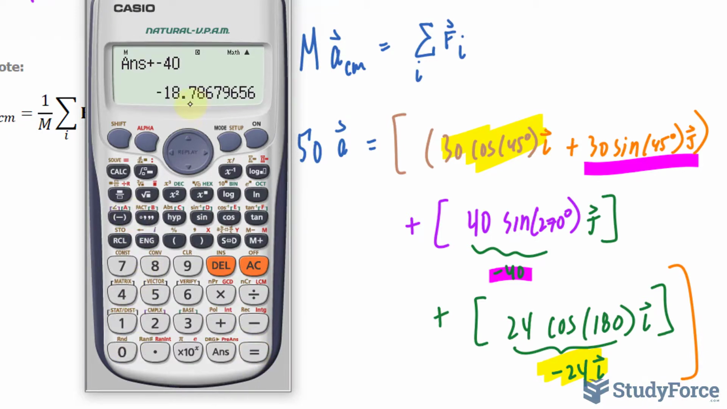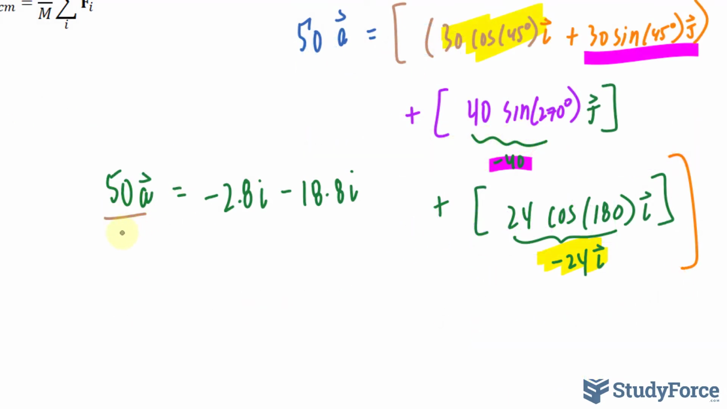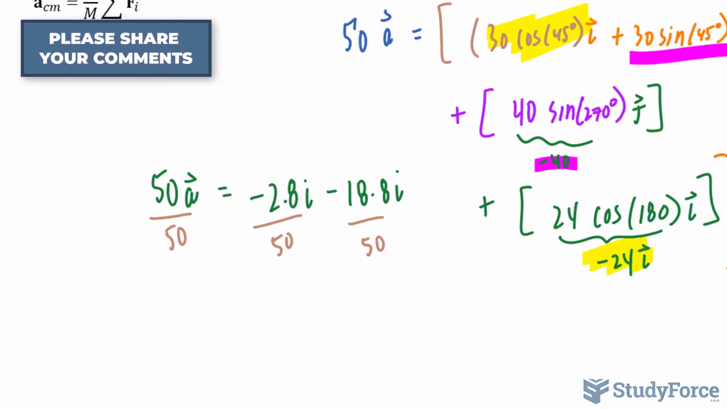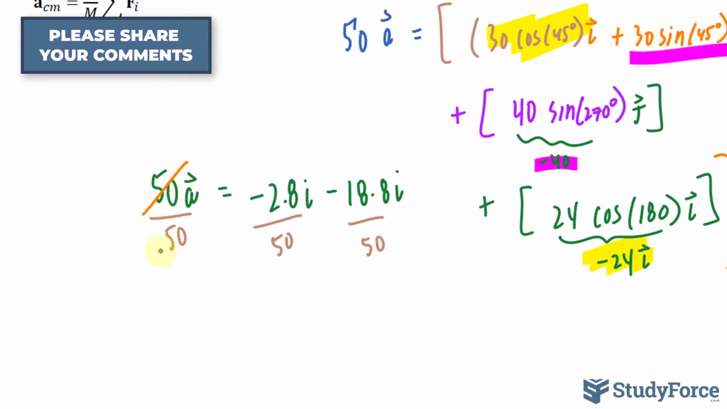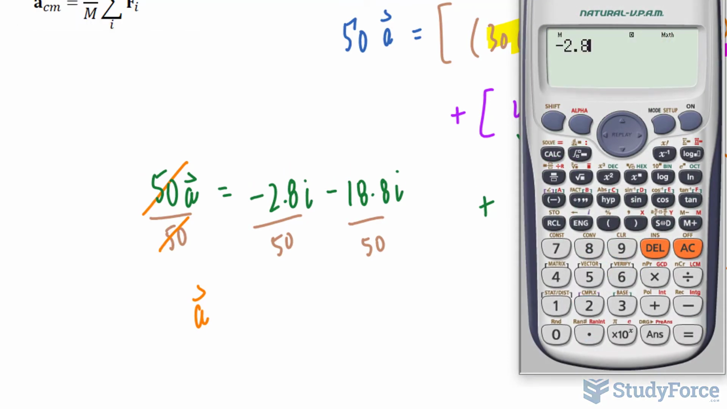And we end up with negative 18.8. Negative 18.8. And that's equal to 50a. Of course, at this point, you can divide both sides by 50. Now that I think about it, it's probably best had I not multiplied both sides by m at the very beginning. So dividing these out, negative 2.8 divided by 50